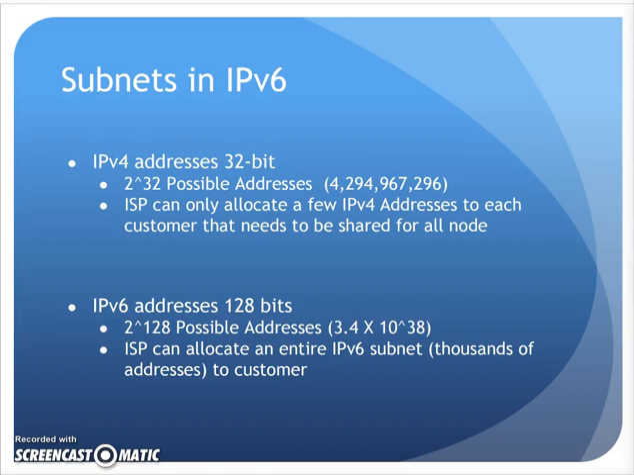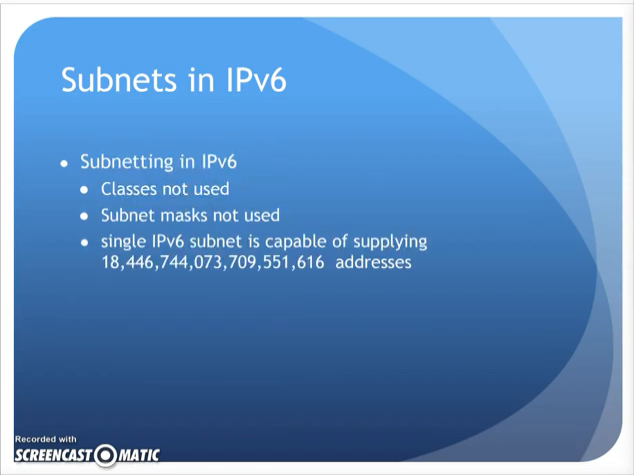Hence why we started using NAT and private addressing inside so that we can make that happen. With IP version 6, 128 bits, there are 3.4 times 10 to the 38 possible IP addresses. The ISP can actually allocate an entire IP version 6 subnet, thousands and thousands of addresses, to each customer. So really, we don't have nearly the problem with IP version 6 as we do with IP version 4, but I still do need to recognize how I would break up